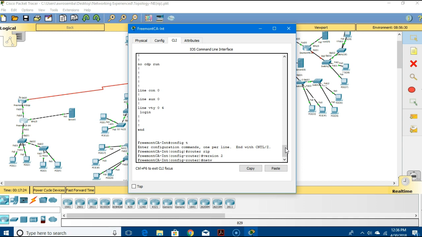And we're going to put the networks that are participating in RIP on this particular router. So we have the 170.32.58.0 network, and we have the 64 network. So those are the two networks that are directly connected to this router, and it's going to advertise those out to all the other routers. So if you're looking for 64 anything or 58 anything,